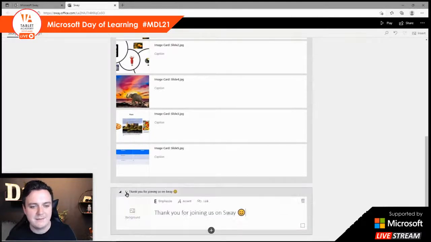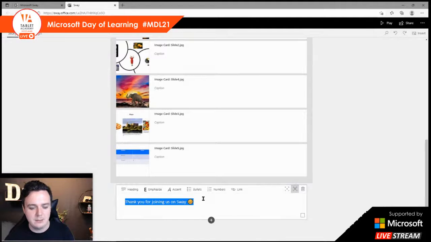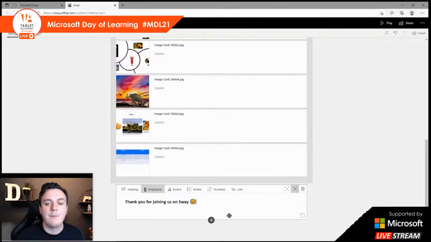You can adjust the size of it if you're wanting to make it a heading, or if you're wanting to play around with how it all looks, you can do that. I'm just going to hit undo, so Control Z just to undo there. You've got your undo buttons on the top right. We are going to emphasize that. We're not going to make it a